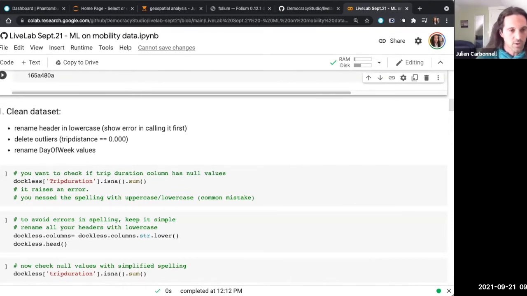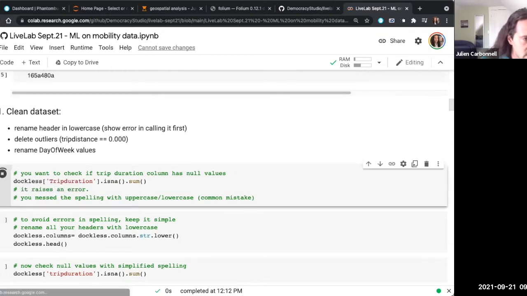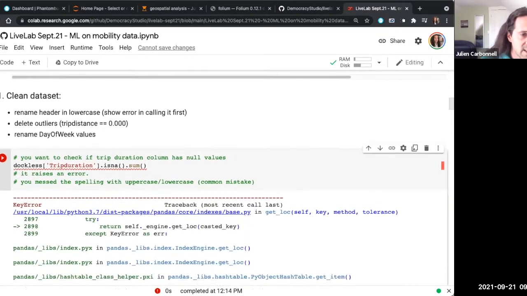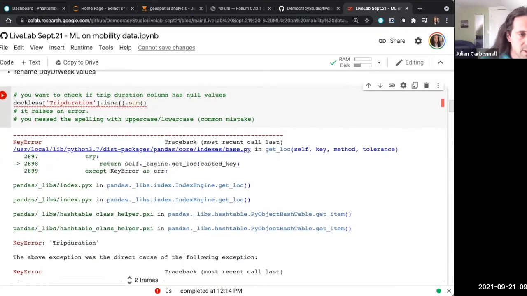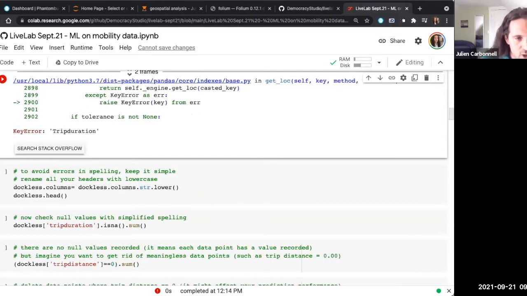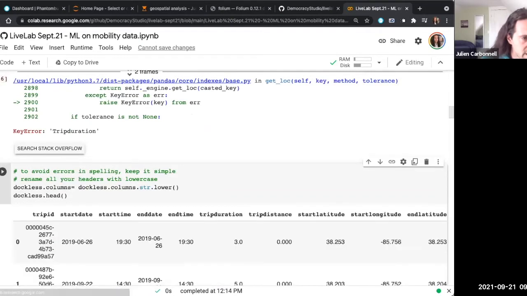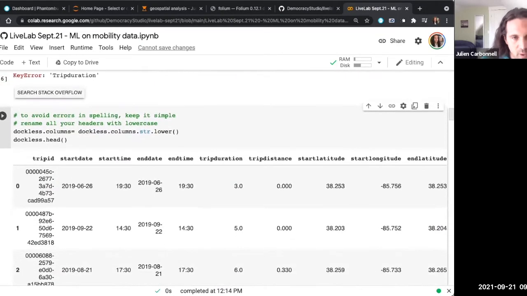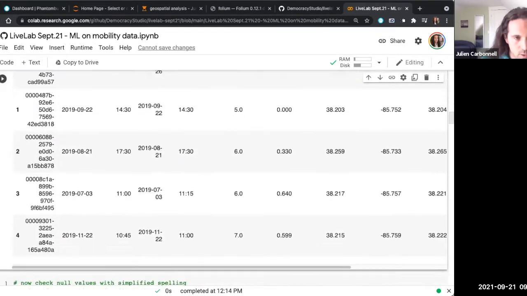So for example, here you are trying to call the column to check if there is new information inside, and you do it with only a big T and a small d. And what happens? It raises an error, of course, because there is a typing error. So to avoid these kinds of things, usually we rename the column headers with lowercase only. Here it is. And then you can see that you have all the headers in lowercase, so no more mistakes